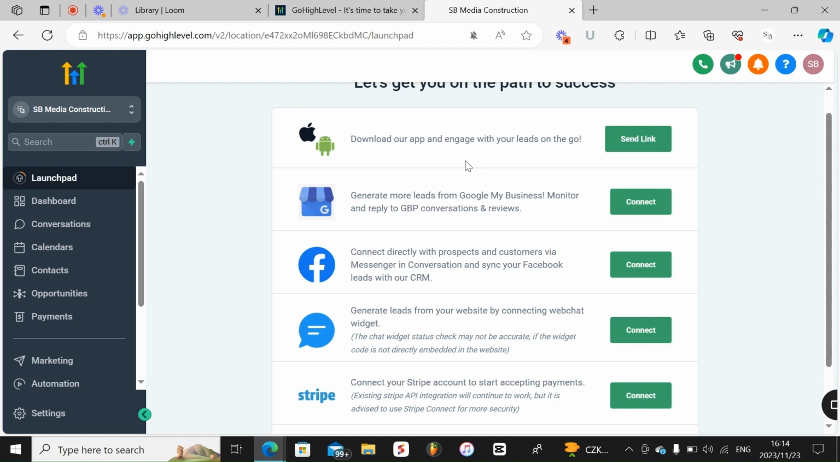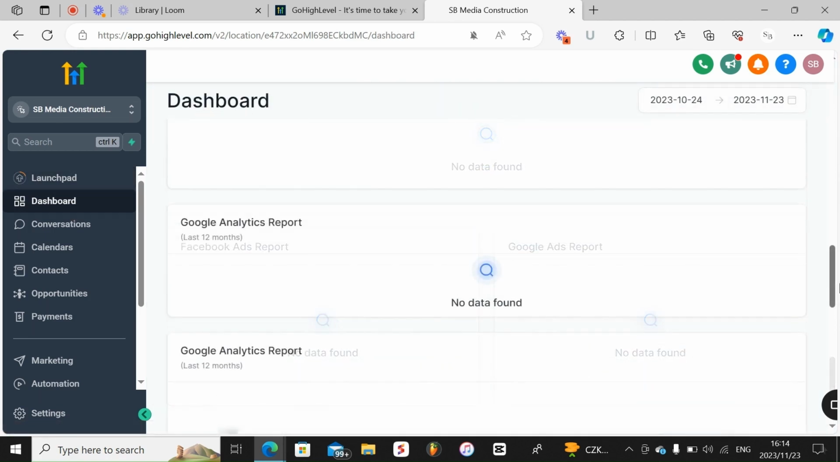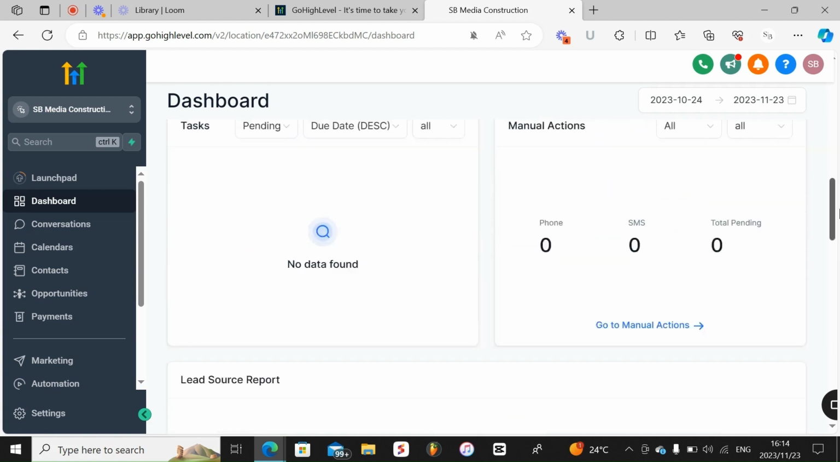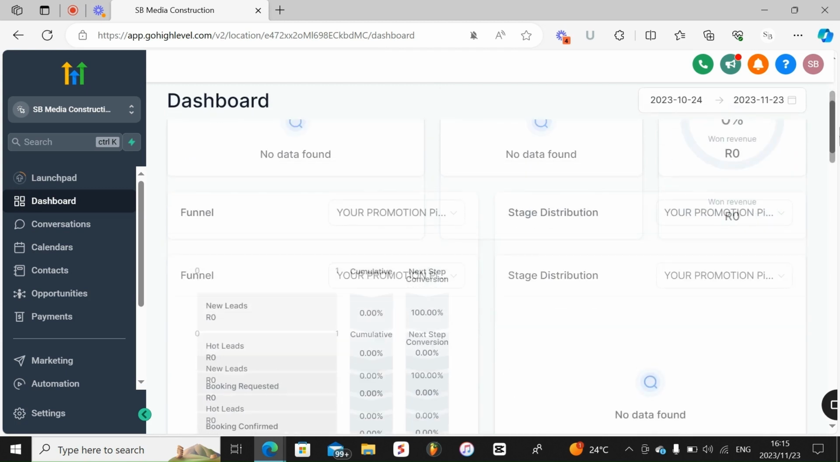We'll get back to this part and you guys will see how it actually works. Now let's go to your dashboard, guys. So this here is your dashboard. As you can see, it's pretty much clean, but I will show you as we keep going on. Here it's written opportunity status, opportunity value, conversion rate, and then